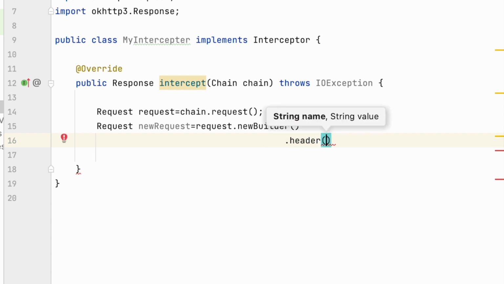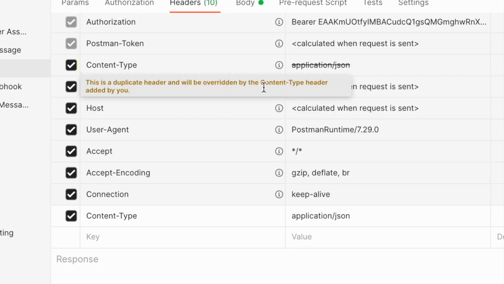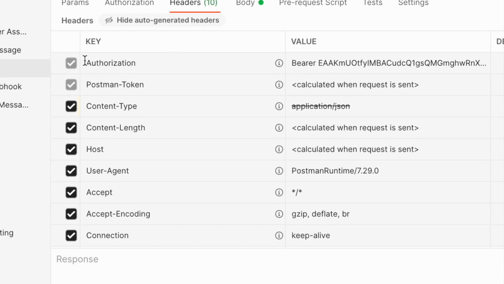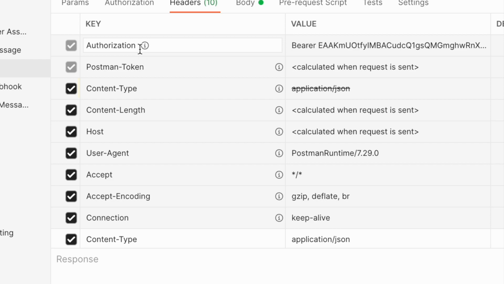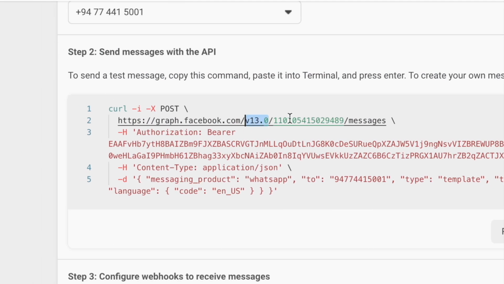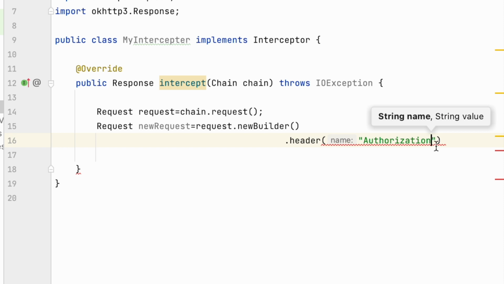So in the header I have to name this one. I am again going to go to Postman, and you can see this Authorization, right? You can just copy this one. If you are using this, you no need to worry about that. You can copy this one as well, and here I paste it, and after that I put a comma,